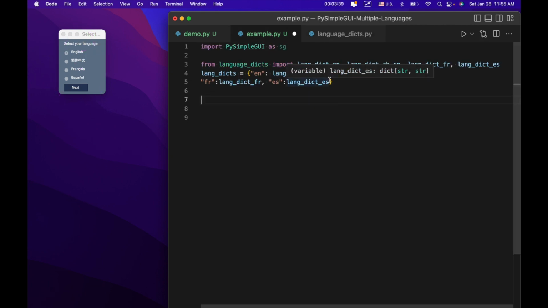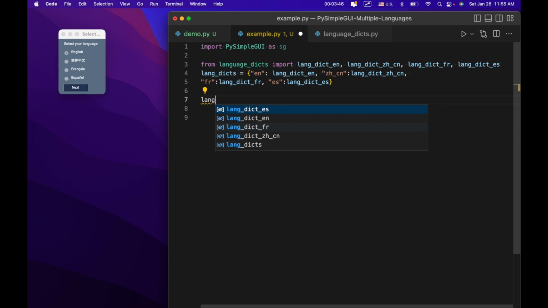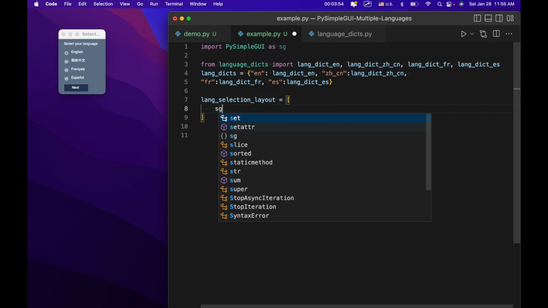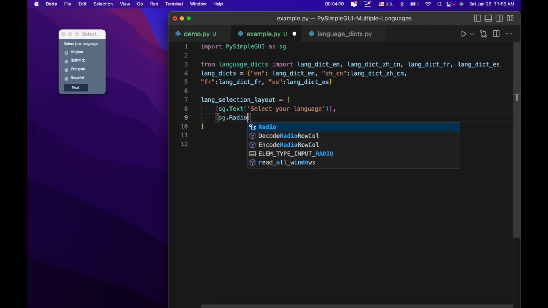So now that we've done that, we're going to create the layout just for our first window right here where we're selecting our language. We're going to call that lang selection layout. And in there, we're going to have some text, sg.Text, Select your language. Then sg.Radio,